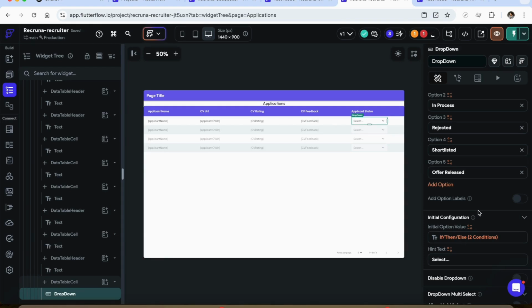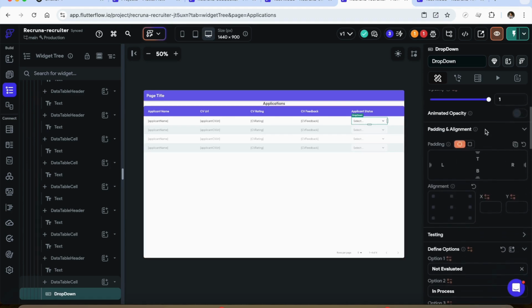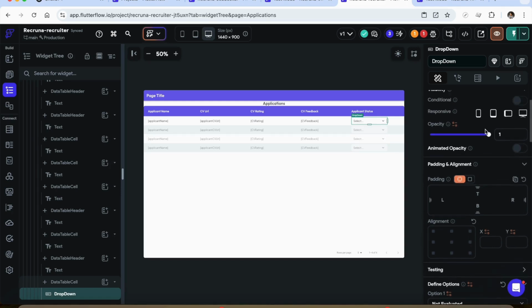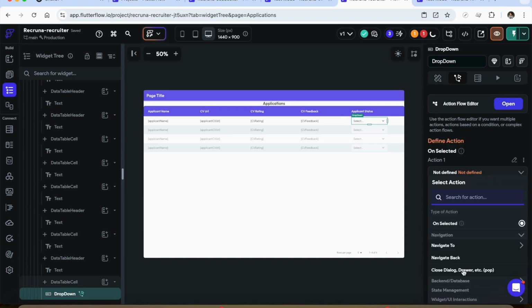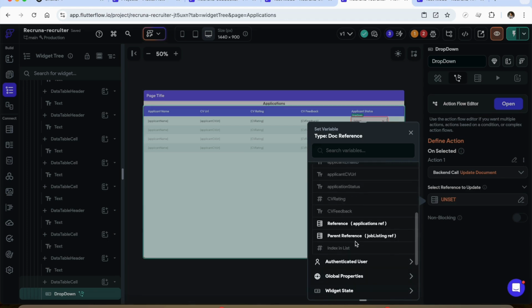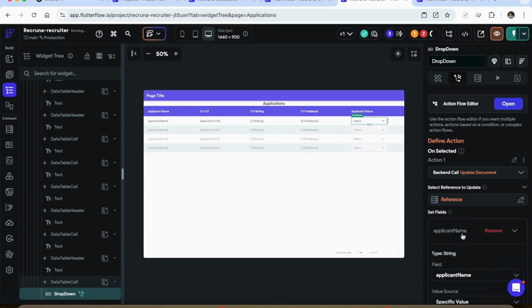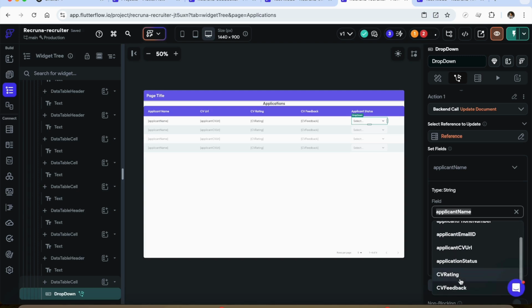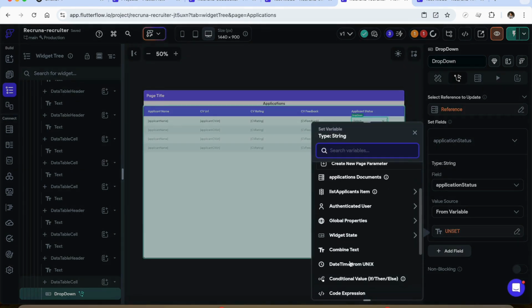So those are the two conditions that we have put for the initial configuration, right? Now, when somebody selects this, we need to also update the database with the status, right? So we'll go to this action button, add action on selected. We're going to say update document. Reference to update is the list of applicants item. Reference that we want to update. Confirm. Add field. In add field, we want to do application status from variable, and like any text field